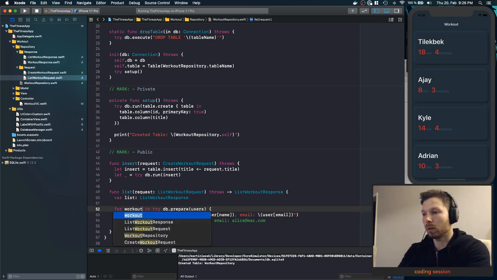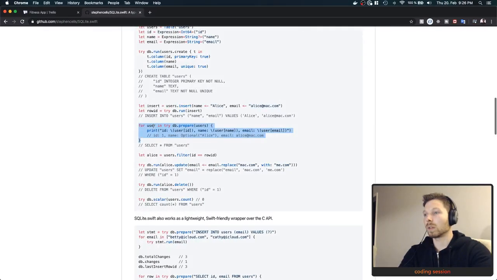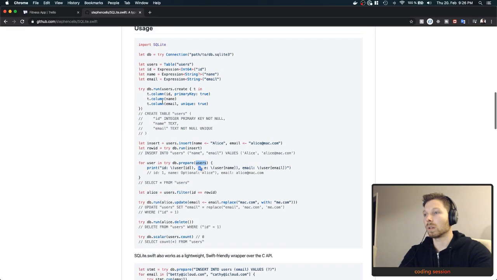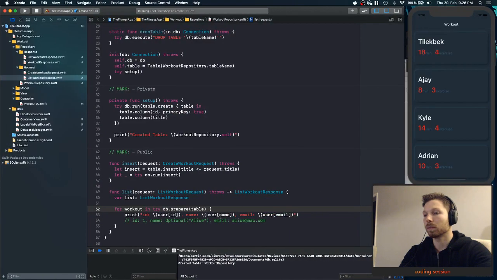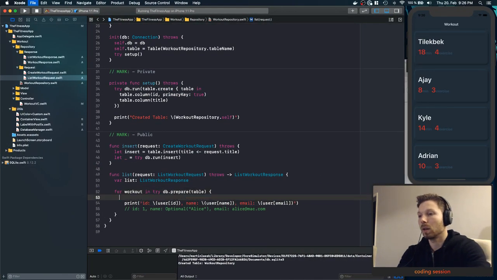For workout in try database prepare table, I think, because this users is the table. It should